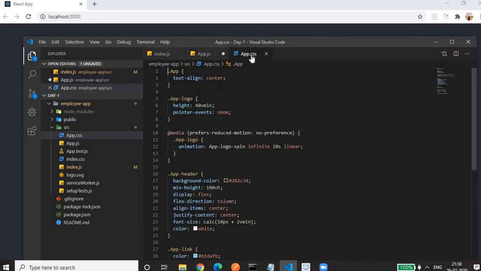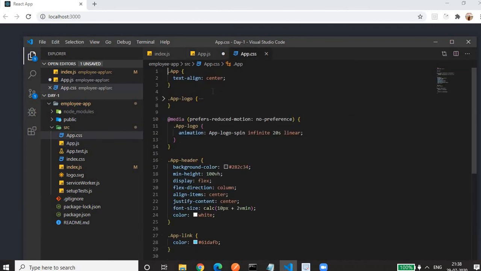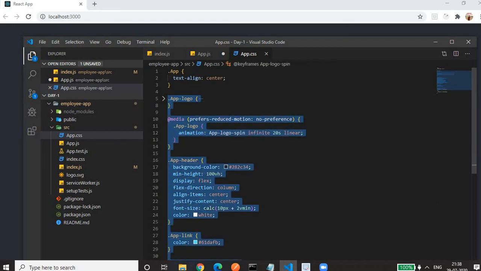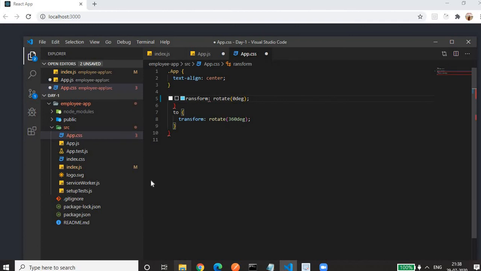In CSS also we'll remove everything except class App. Class App has a CSS of text-align center, so everything will be displayed at the center of our page. We'll save this.